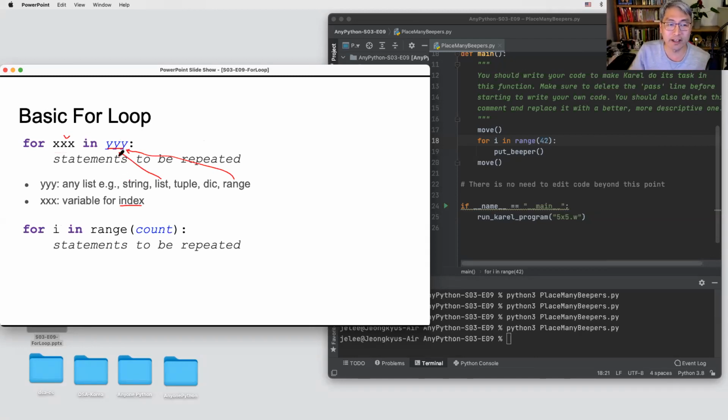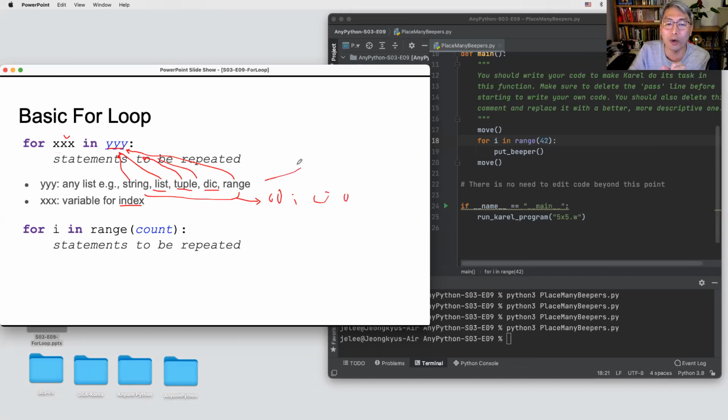So a string can also be used. Tuple. What is a tuple? Don't worry. After we cover the list in season 4, we will see what a tuple is also. Dictionary is a similar thing. All of this is not just one value, it's a group of values.